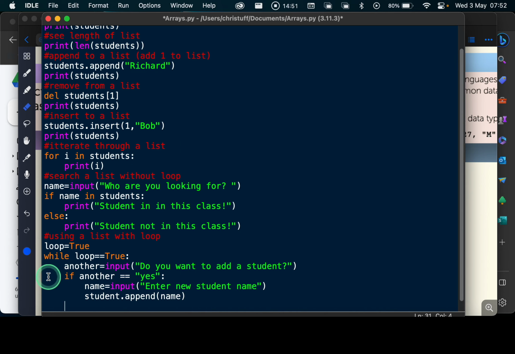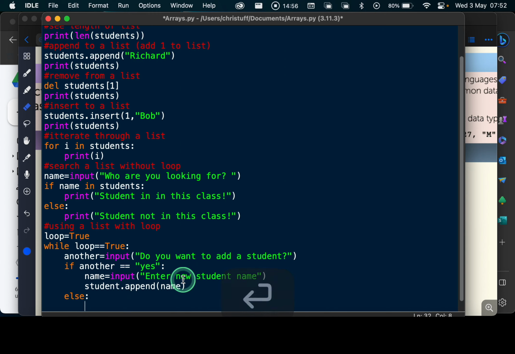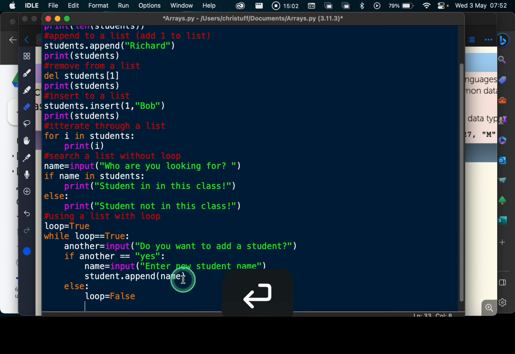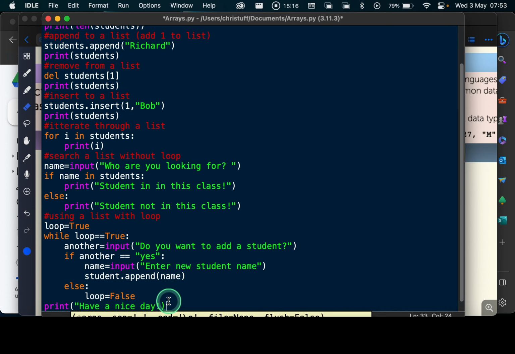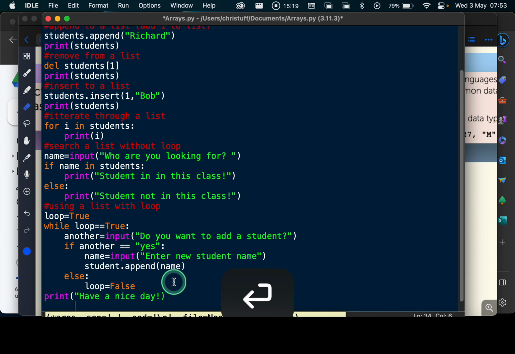And then if this person doesn't say yes, we're going to say else loop is equal to false. And then we can end the program just by saying something like print "have a nice day." Okay, so if I run this, actually at the end I will print the student's name, just so I can say I've left the speech marks off there. I'll print the student list at the end, so you can see the student's name in there. Print